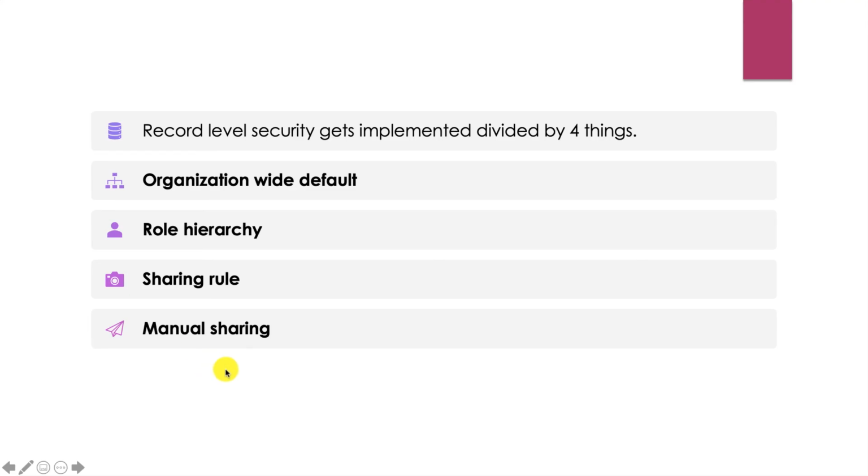Now we are going to see manual sharing. Whenever the organization default is private for any object, then it can only be accessed by the lead owner. If there is a situation like the record city equals London, then some group will access the record. If that is the case, we have to create an automatic sharing rule. But here, manual sharing.